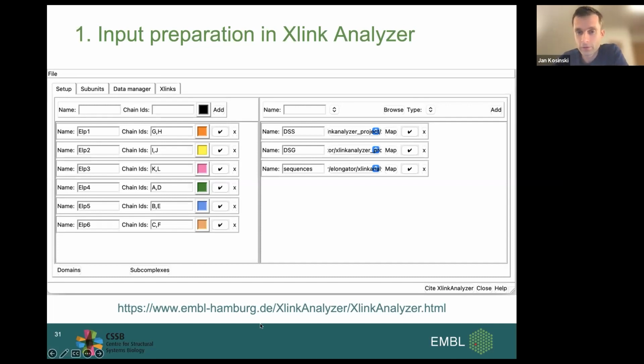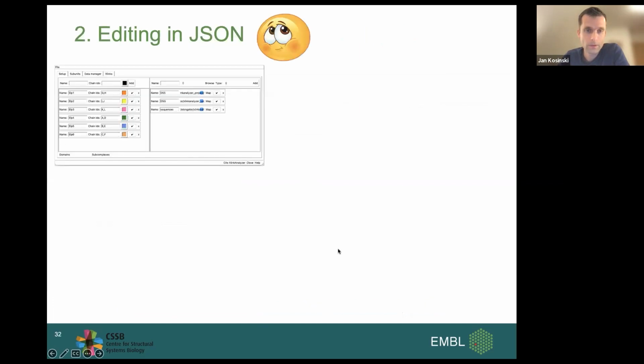So even if you don't have crosslinks, you should use this program to start your project. In this project, you can define the subunits, map them to the chains, or define the chains, and also load the sequence data for each subunit and crosslinks.